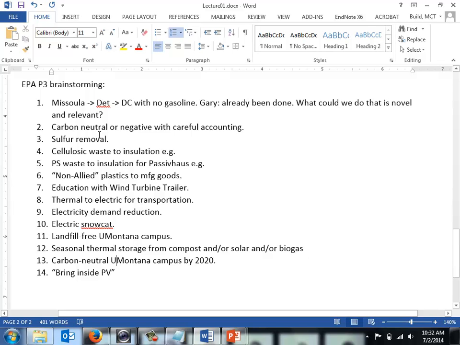Okay, so there are kind of goals. We just added Paul's idea to the bottom, the bring inside TV. My house is on the side of a hill, so my driveway's at the top, and so I can't see the lights from my main living space. But every evening now I go upstairs just to go look at them. They're kind of cool.